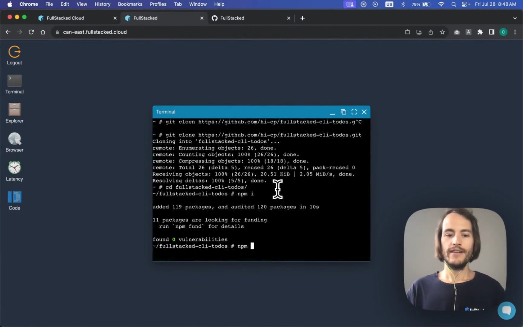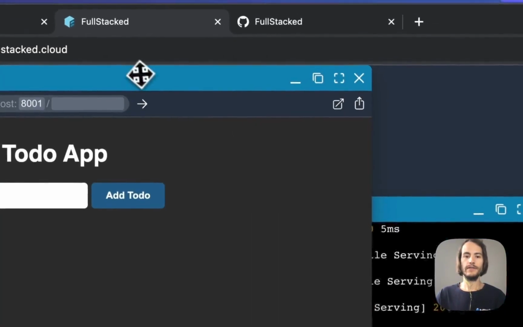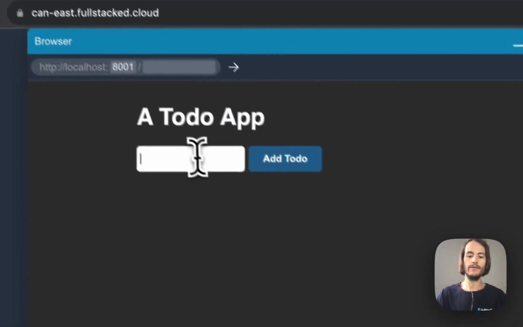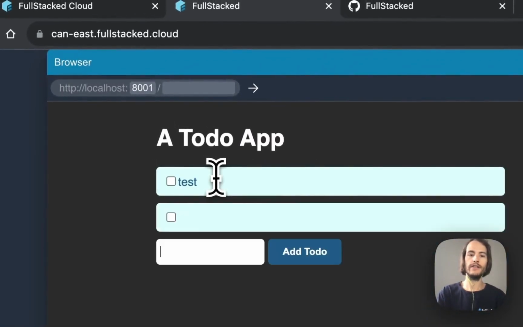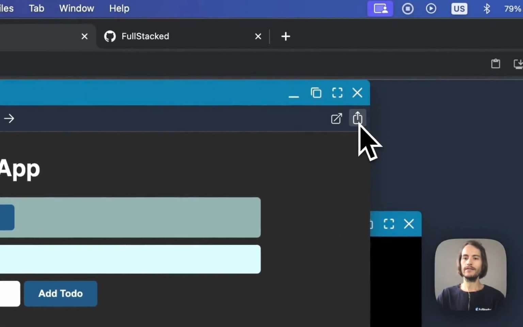Nobody is protected from hackers, but we'll always do our best to keep everything secured. So I guess I can just start the app here. And there we go. It's exactly what we've been seeing on the video. Test. Okay. And now what I want to show you is that little icon. That's the share